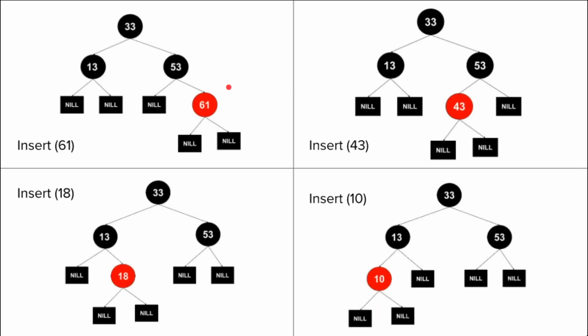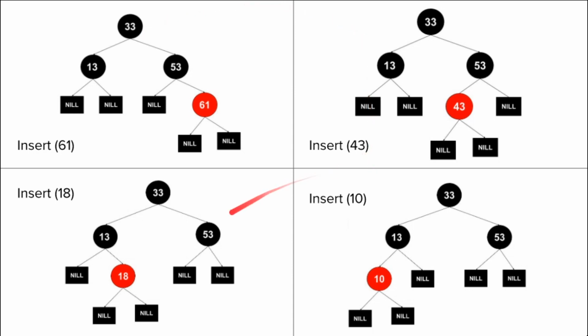For example, in an existing red-black tree, if the new node with the value 61 is inserted, then as per the binary search tree insertion algorithm, 61 along with the null children becomes a right child of 53. New node 61 is red as per the algorithm. Here, since uncle node 13 is red, parent node 53 and uncle node 13 of new node 61 are recolored as black. Grandparent node 33 of the new node 61 is a root node. Hence, it cannot be recolored as red. So, node 33 remains black colored.